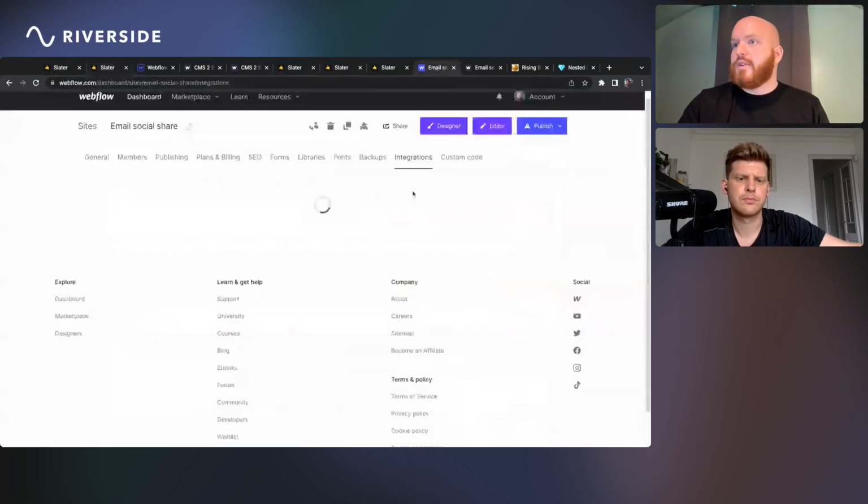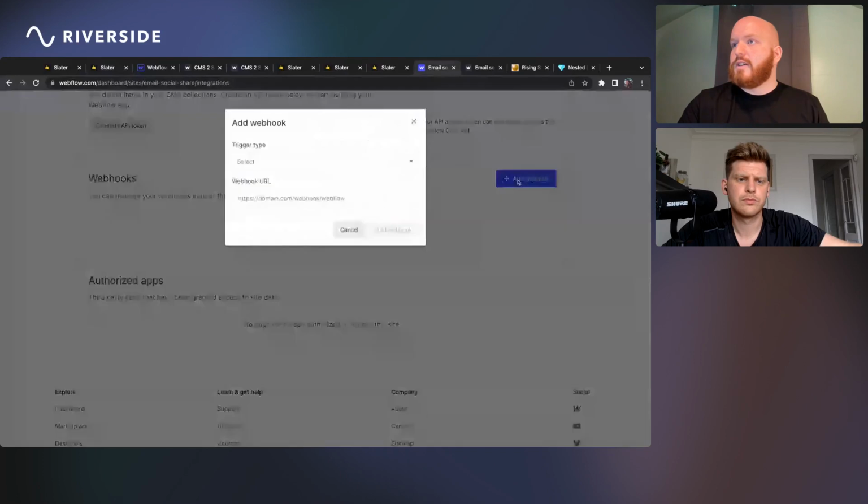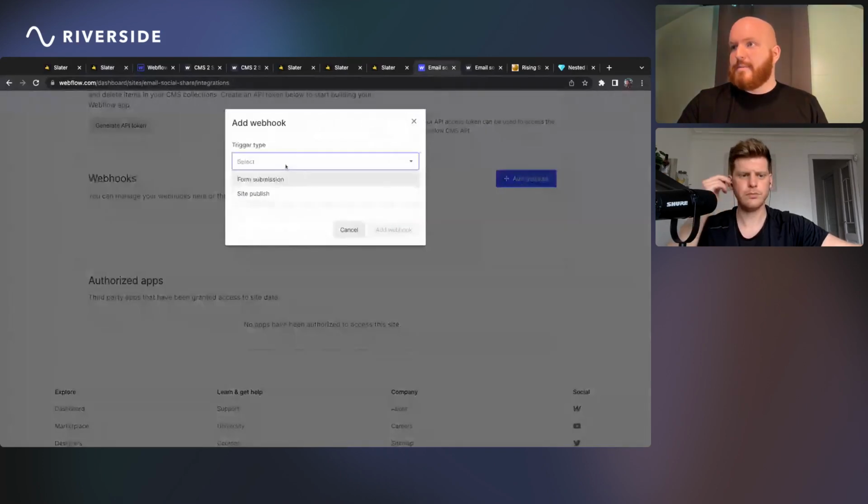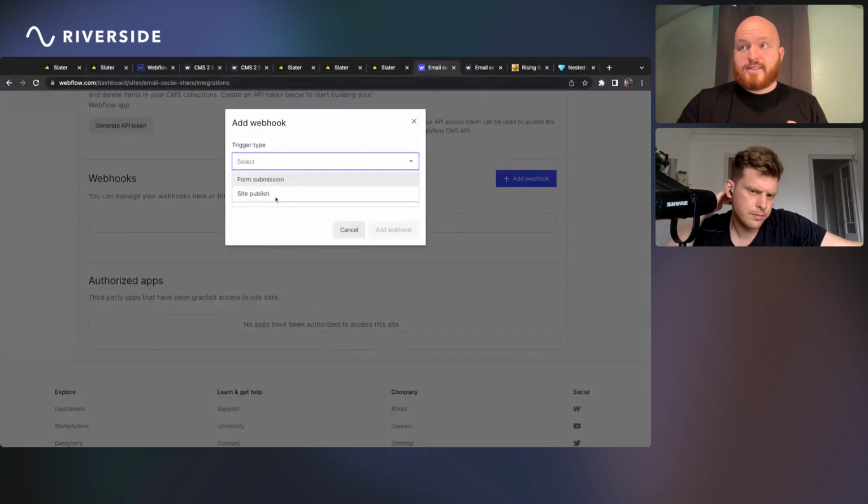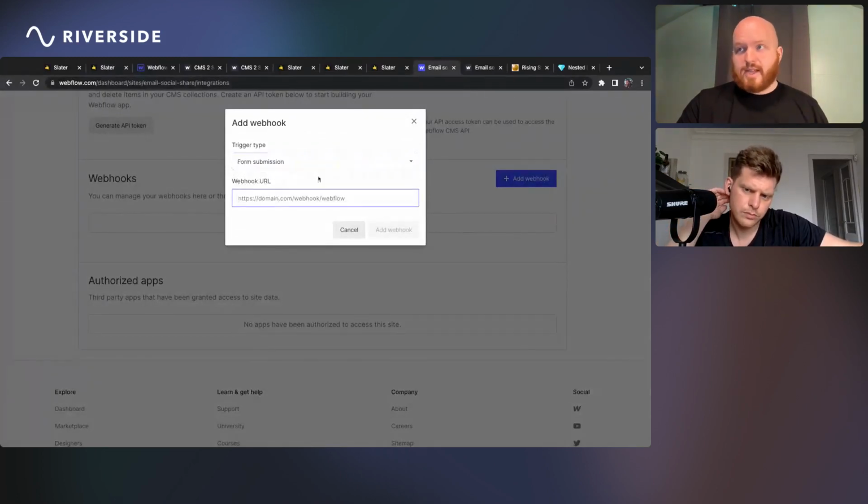I have a back end pulled up, so I'll show you real quick. Under integrations, you would just want to set up a webhook. And in Airtable, it's super simple. You just turn on an automation from a webhook, drop that URL in here, and do form submission. The problem is all the forms on your project are going to land there, so then we have to filter in Airtable or somewhere else. There has to be filtering somehow.